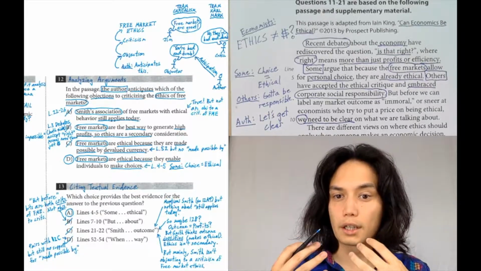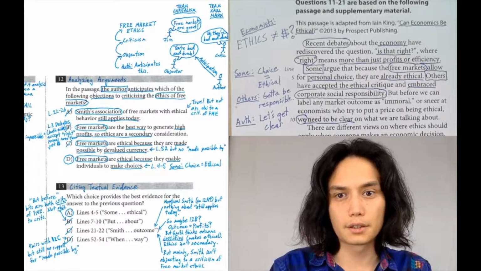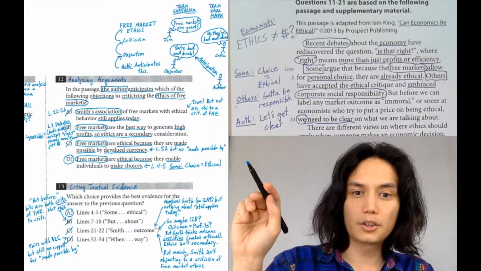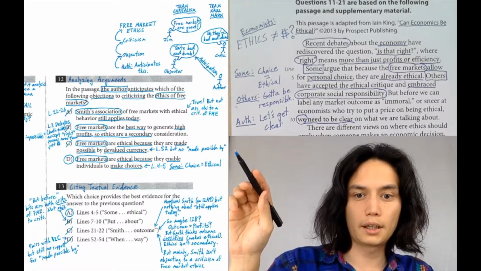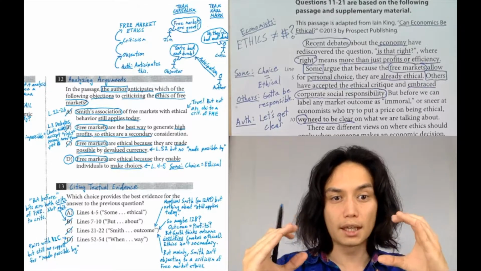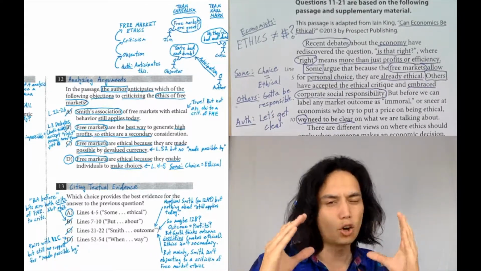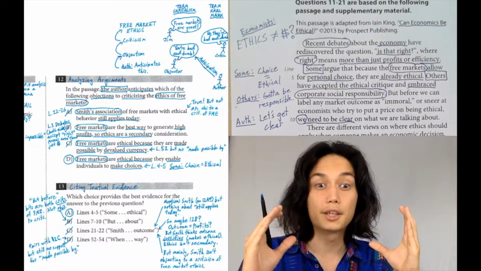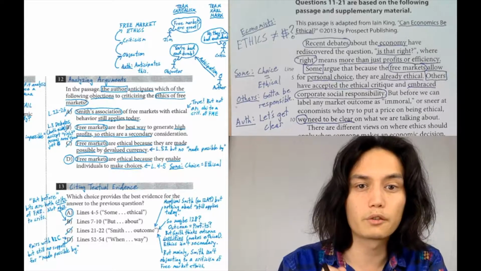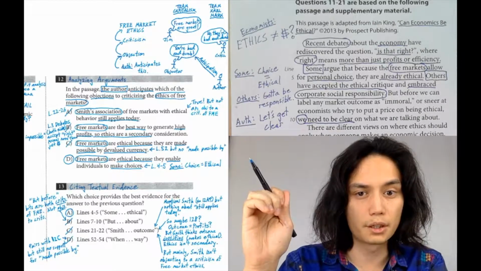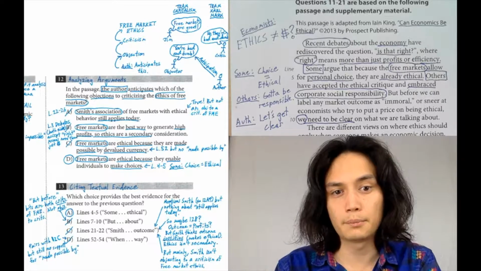Now, we're going to go through each of these quotes word for word, and what we're looking for, our standard, is that the entirety of the support for one of these claims, whichever one is right, needs to come from within one of these quotes. It's almost as though one of these quotes is the entirety of the passage, and all of the support, every single word in these claims, needs to come from within these quotes. So let's take them one by one.